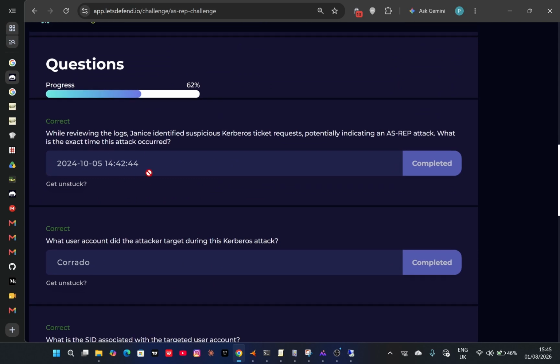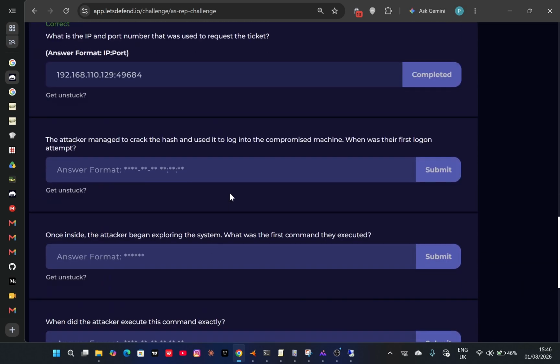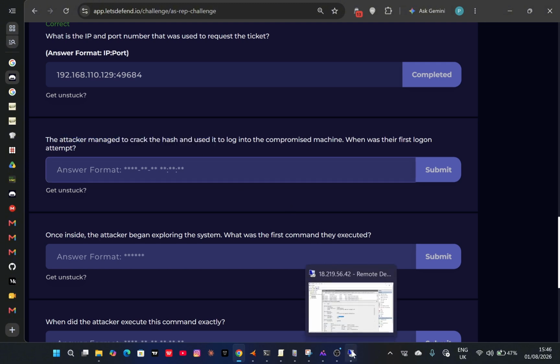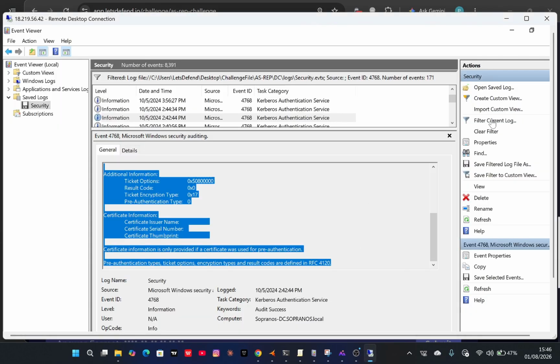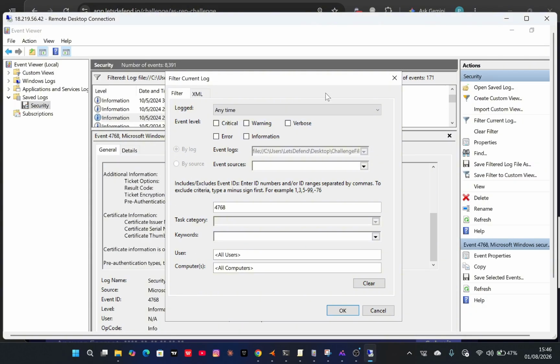So this was the time the ticket was requested for. That was at 2:42 p.m. So it means what we are looking for over here has to be after 2:42 p.m. Okay, so let me go back to the event log and now filter for